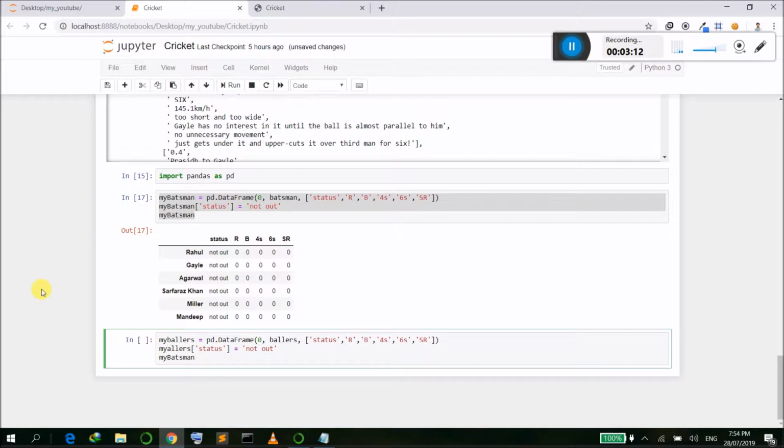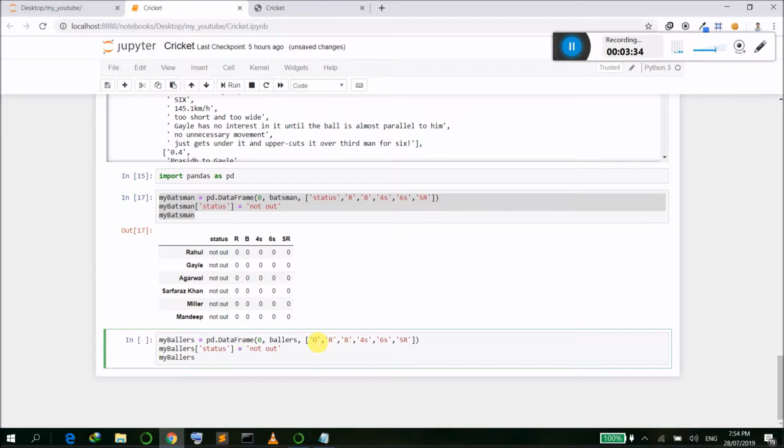So let's make it camel casing, bowlers. Okay, and the columns for bowlers were